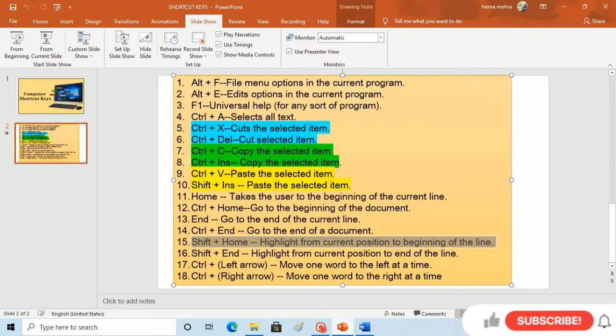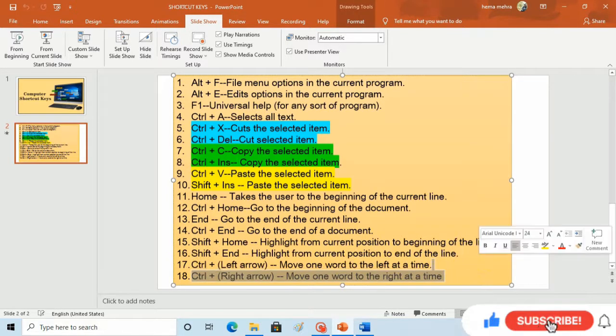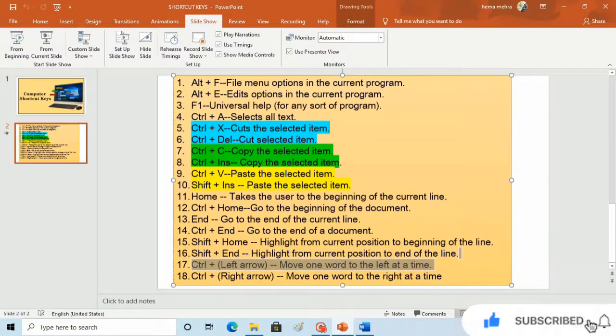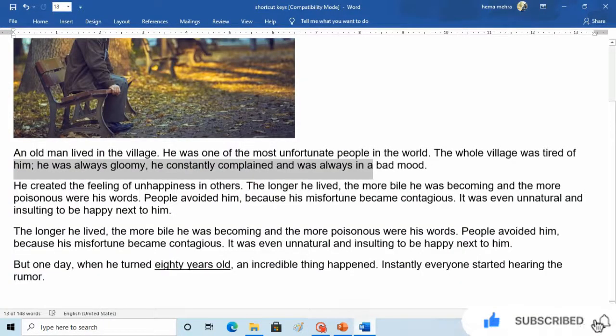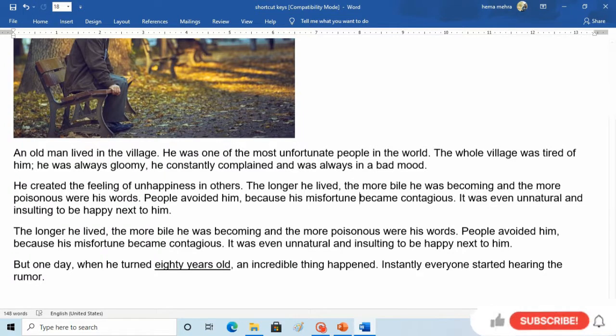Next is Shift plus End. What is Shift plus End? Shift plus End will highlight from your current position to the end. Shift plus End will help us highlight everything that comes across in this story.